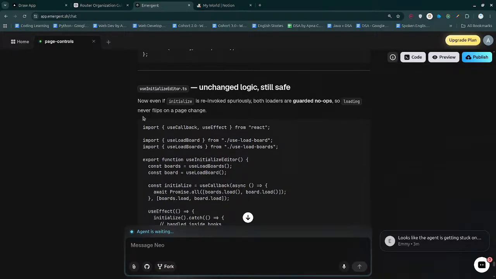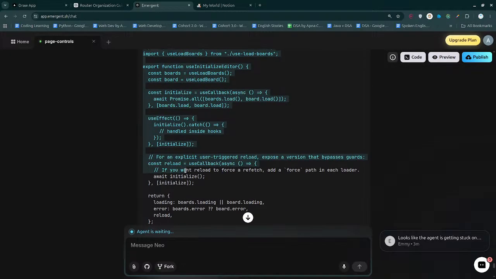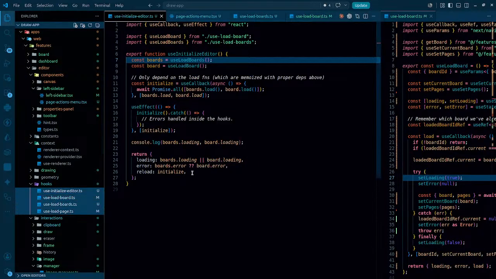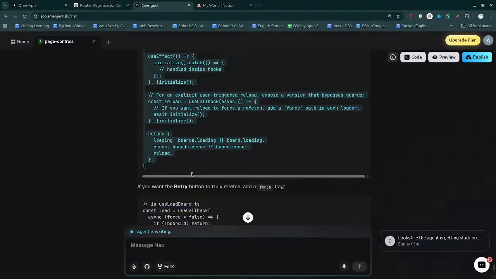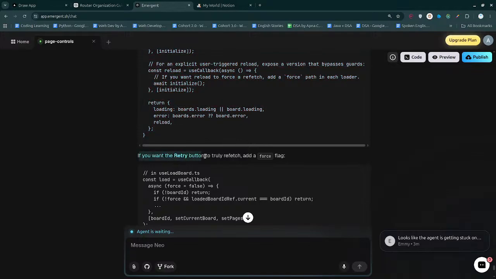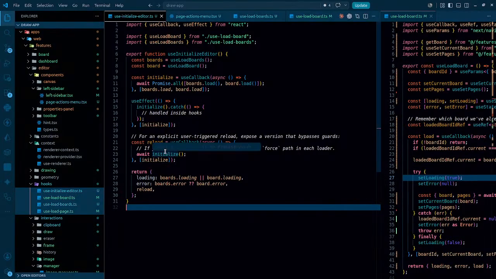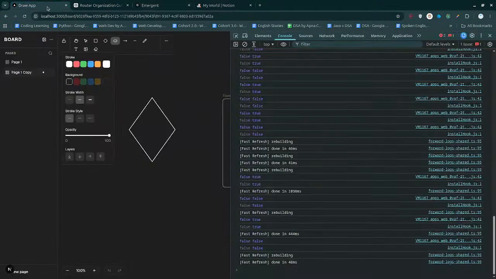The logic is still safe unchanged. Okay, if you want the retry button to truly refetch, add a force flag to useLoadBoard. Okay, we'll go through it later, but as per this, it should ideally be working,